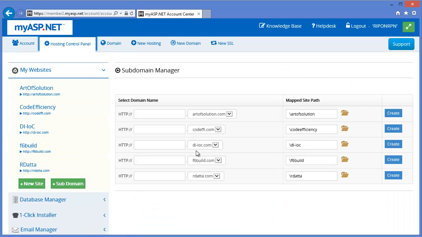So subdomain, and I am going to add the subdomain to my f6build.com. So let's say online shopping store, online shopping store dot f6build.com. Okay, and I want to create